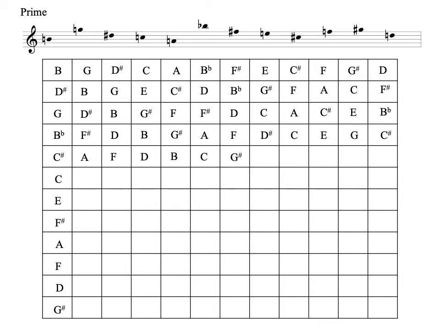3/2 steps above D sharp is F sharp or G flat. 3/2 steps above C is E flat or D sharp. 3/2 steps above E is G. 3/2 steps above G is A sharp or B flat. And 3/2 steps above C sharp is E. And so it goes. And we are going to fill in this whole matrix, but I'm going to try to find